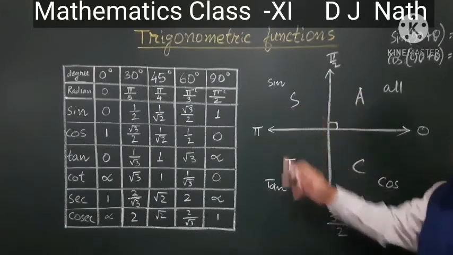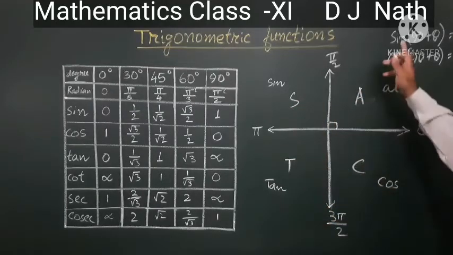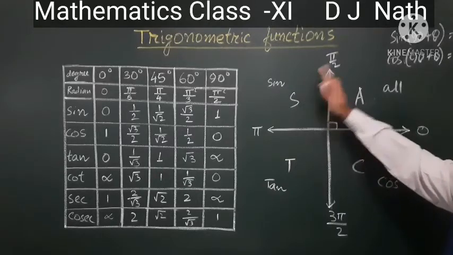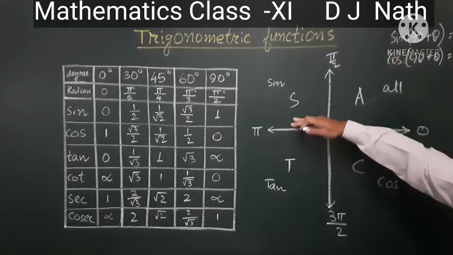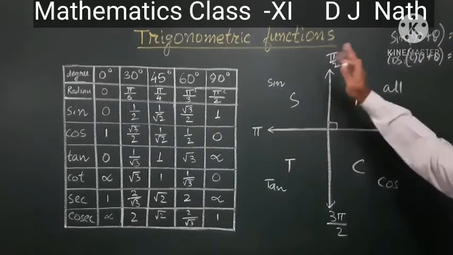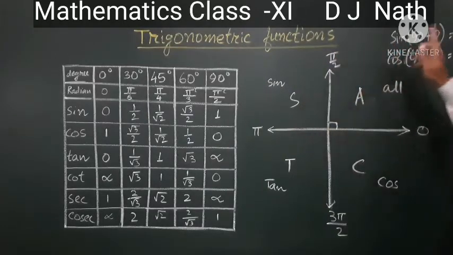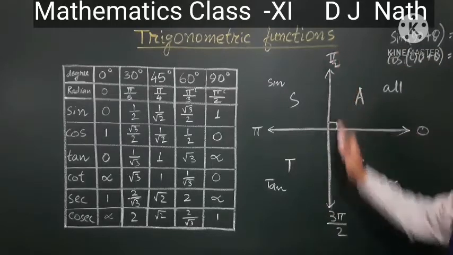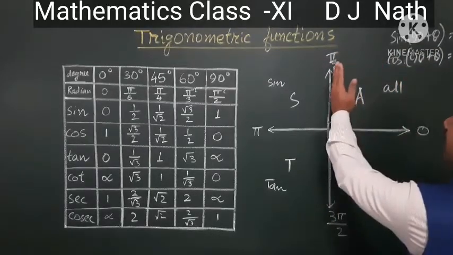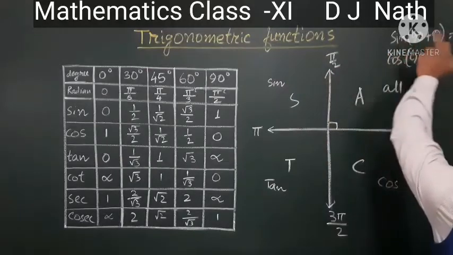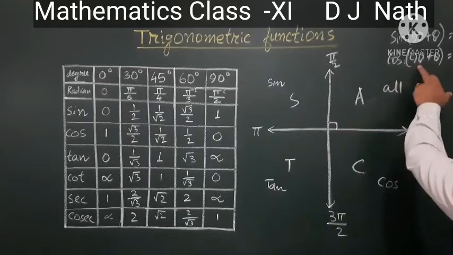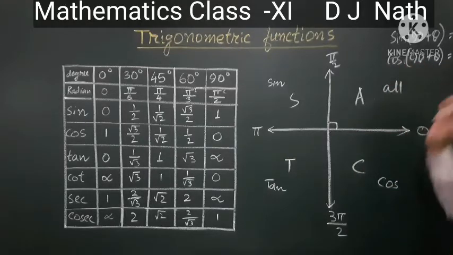Due to this ASTC. Look at that, sin 90 plus theta. 90 plus theta means it will come to the second quadrant. Theta means it is an acute angle. So it is in the second quadrant. In the second quadrant sin is positive, so it is a positive value. But when it is changing this 90 plus theta, when it is relating with the y-axis, then sin will change into cos. Say cos 90 plus theta, cos changes into sin.